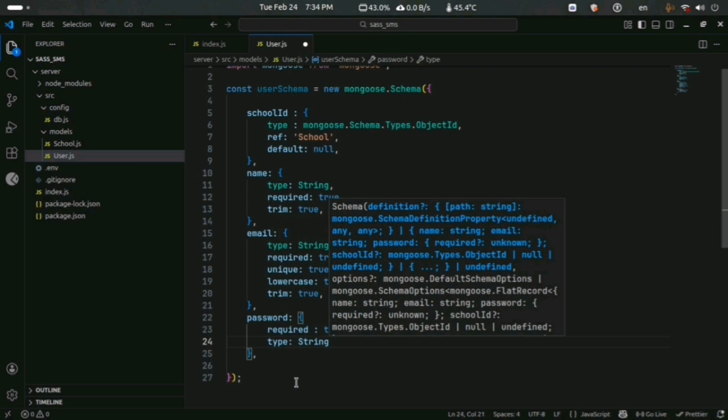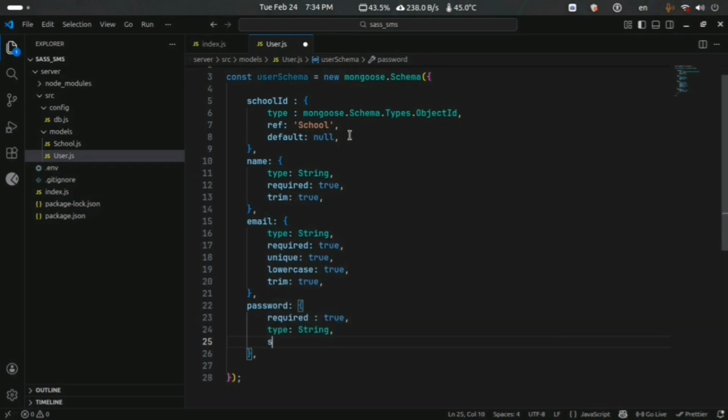We will hash this in the next video with bcrypt.js. Select false. Now the question is why we set select false? So that when we fetch our user data, the password doesn't leak out in our response. Always remember, security first.